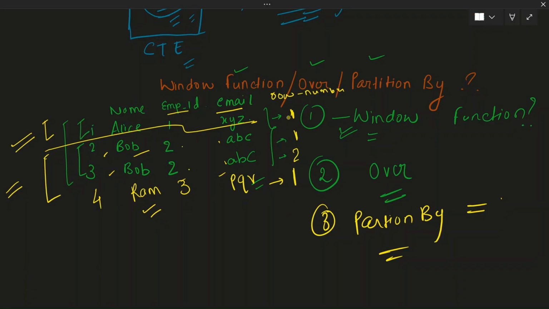So this row number assignment is possible only because of the concept of partition by, because it is grouping the data but at the same time keeping all the rows intact and then assigning a new column with the values inside it. So this is how window functions work along with the OVER and PARTITION BY keywords. And with the help of these, we have defined a new column, row number, with the help of which we are finding the duplicate rows.